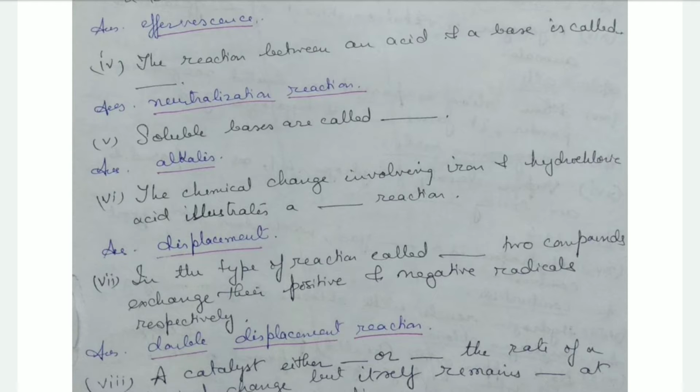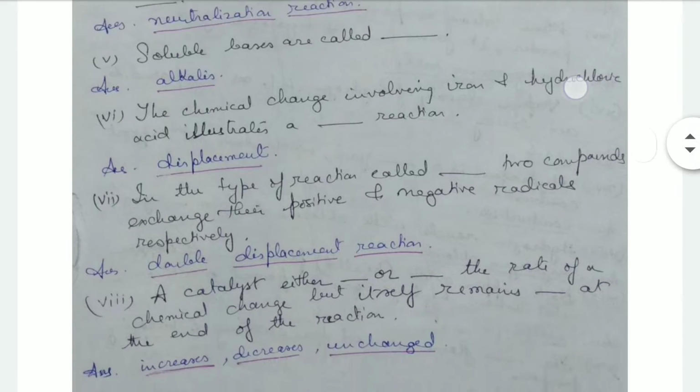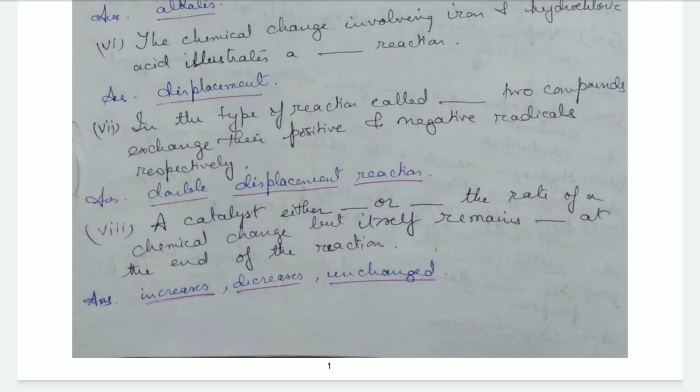Yes, this displaces hydrogen from hydrochloric acid, forming iron chloride. So it's a displacement reaction. In the type of reaction called double displacement reaction, two compounds exchange their positive and negative radicals respectively. A catalyst either increases or decreases the rate of the chemical change, but itself remains unchanged at the end of